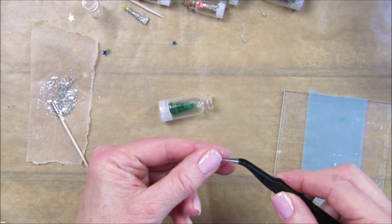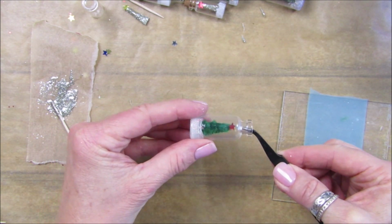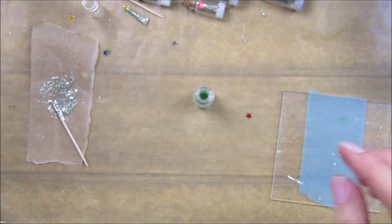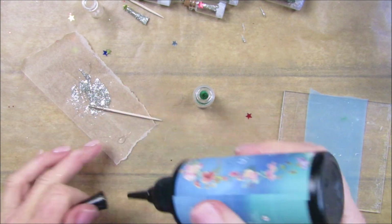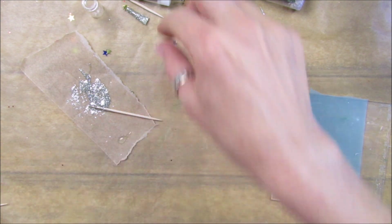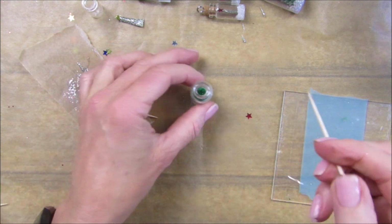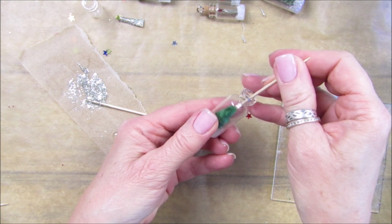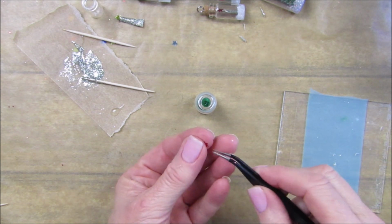So I'm going to take a little bit of this, a little bit of this. I'm going to take a star and just stick it on the top of the tree. But again, we need some resin. So I'm going to take a little bit. I'm going to take another little cocktail stick and just pop a little bit of resin on the top of your tree. Okay. Take your little star,